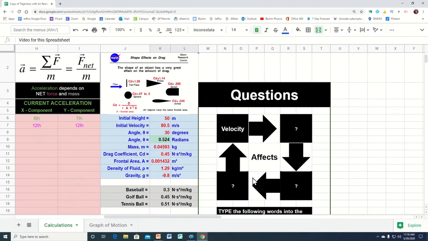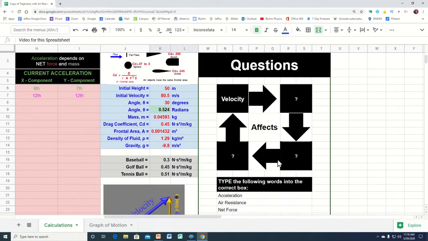So before we get into the actual spreadsheet, let's look at these questions here. It's kind of a circular iterative process, but how fast an object is going will affect one of those 3 variables. And we already said that the faster you go, the more air resistance you have. I have these cells set so that if you type in the right word or the right formula over here, the background turns green so that you can check and make sure you're on the right track. So the faster we go, the more air resistance there is. The more air resistance there is, that's going to affect the net force